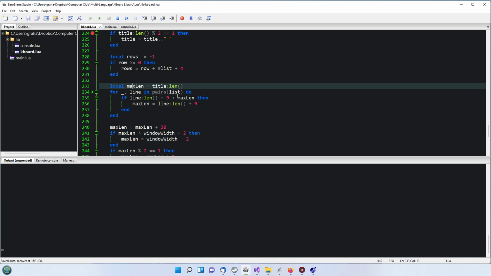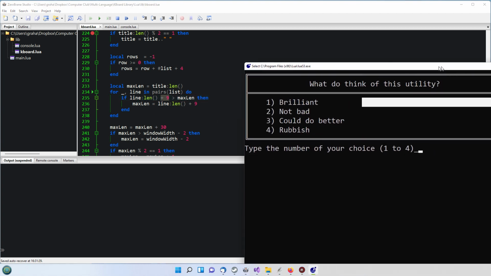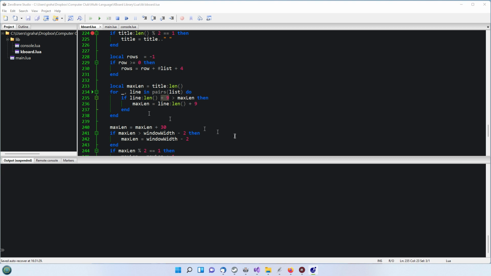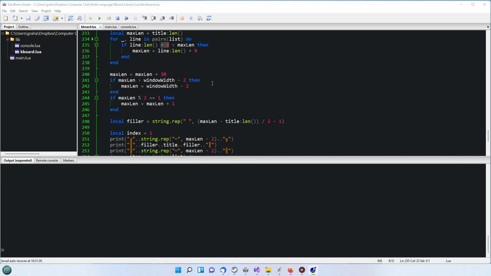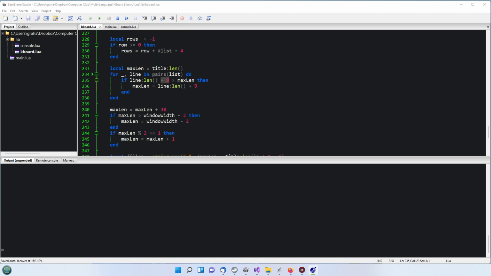Then we're going through each of the items in our list, which if I can hover over it there, is showing you brilliant, not bad, could do better, rubbish, checking each one, including the length plus this additional 9 characters to make up for the space here, the number, the bracket, and so on. So we're just taking that into account, and then whatever the maximum one is will be at the end of it. And then we're going to add on top of the max length, let's just go through that, make sure we've got